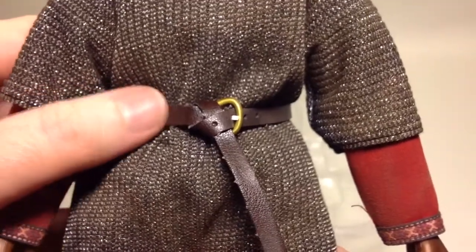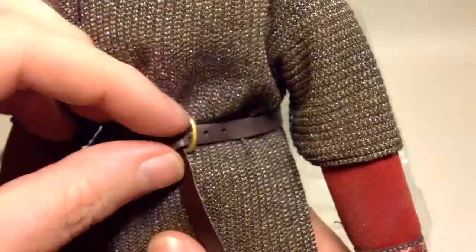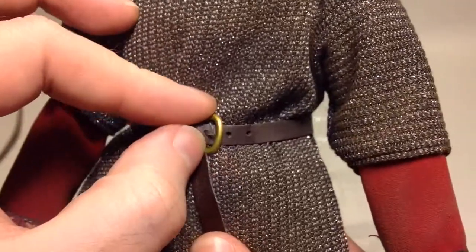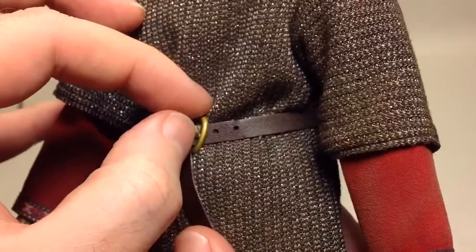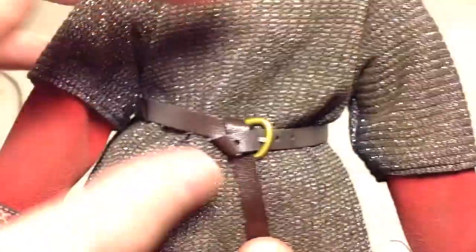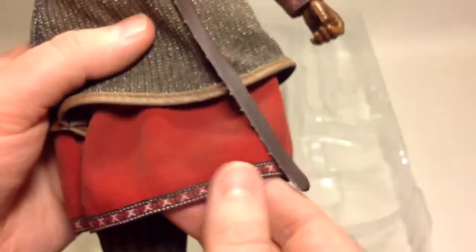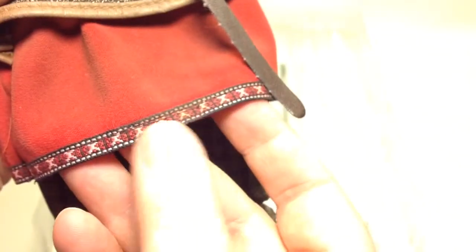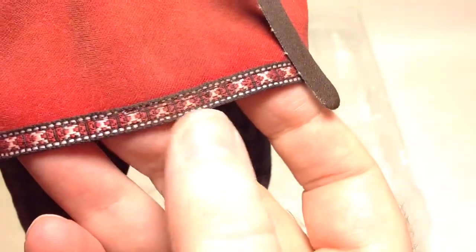We also have this pleather or leather belt here. I think it might be pleather. And there's a plastic buckle, or maybe both pieces are metal. The pin here is metal, but the buckle itself feels like plastic. Yeah, go through the rest of the front there. Undershirt here, or maybe it's a tunic, I don't know, drops down to about his knees. They also have the same pattern here, as you can see, all the way around his pants